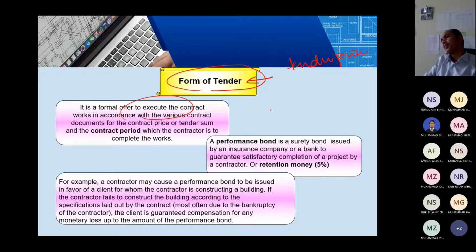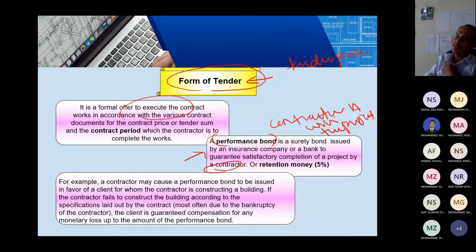Okay, so this is the form of tender. So usually, say contractor A has got the project, there is another terminology called a performance bond. Okay, so in case contractor A wins the project, contractor A will give a bond, a surety bond issued by an insurance company or bank guarantee, for satisfactory completion of the project by the contractor. So it means contractor A, the winning contractor, will put up a security in the form of a performance bond to the client,